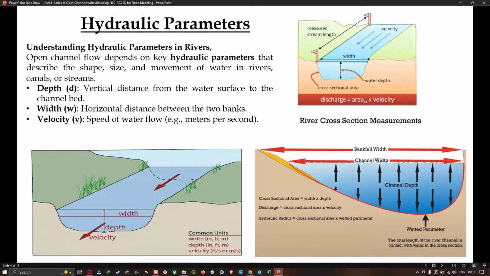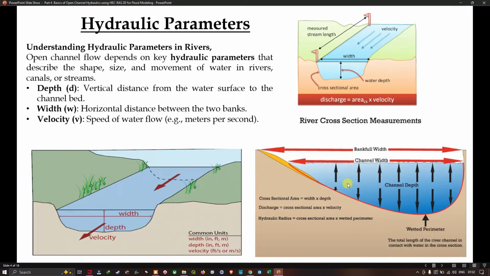From the figure at the top right, you can see the width, the water depth and velocity, the measured stream length, and the cross-sectional area. To calculate the discharge of the river, we use this formula: discharge equals area multiplied by velocity. So we have to calculate the area and multiply it by the velocity of the river in order to calculate the discharge. In the second figure, you can see here